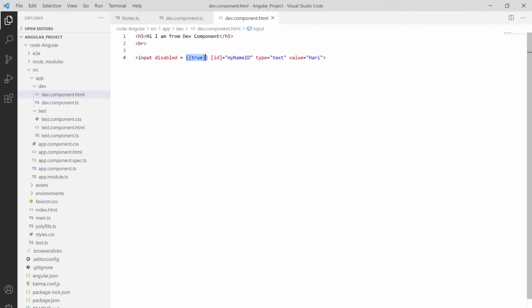It's not treating this as a boolean value, it is treating this value as a string value. So let me copy the same text using Ctrl C and paste it down over here, and also make use of property binding over here. So let me use the value over here, in this case, and save it out.